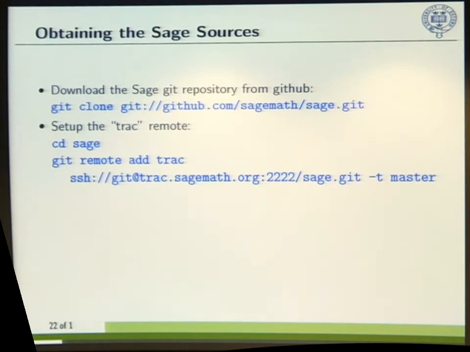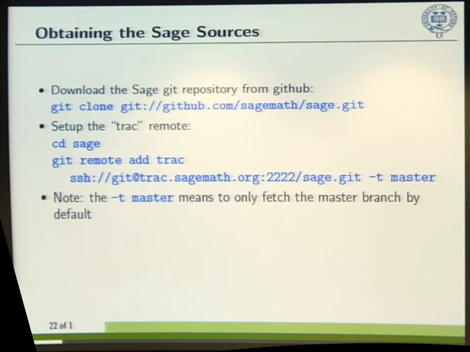Okay, so first you have to set up the Trac remote. Starting with this means GitHub is its origin, so of course you can rename it or anything. We'll add Trac as a remote, and this is the command. You don't have to write it down, it's in the developer's guide. And the slight change to point out is that we recommend that you use this -t to track only a particular